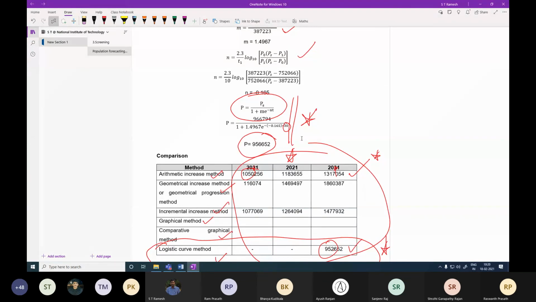The second activity: wherever the city you have, if you are living in a town or a village, just mention it or take the nearest city, and take out the population for four previous decades. Then project the population at least three decades later. Currently we are in 2011 data, which is available in the census data, and you may project the population for 2021, 2031, and 2041. Is it okay?